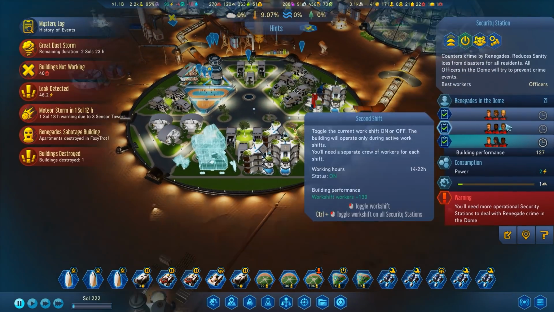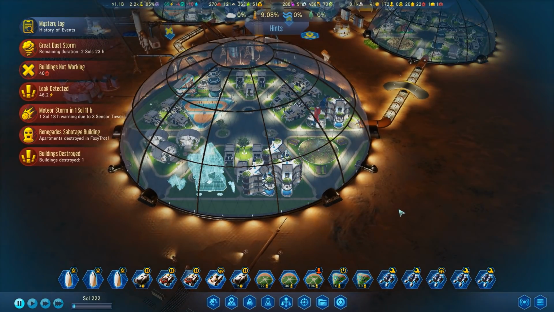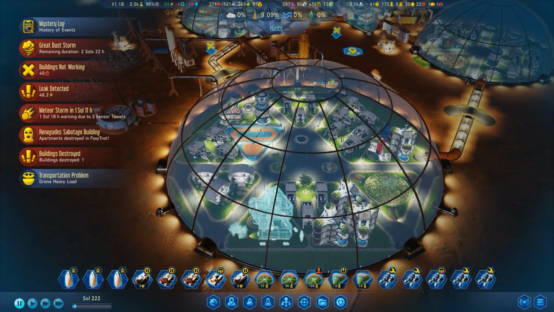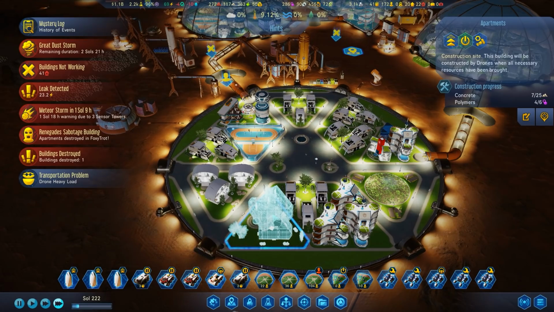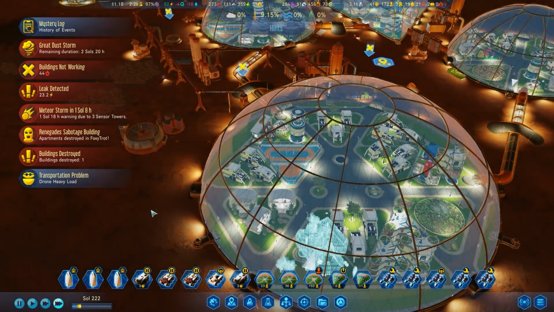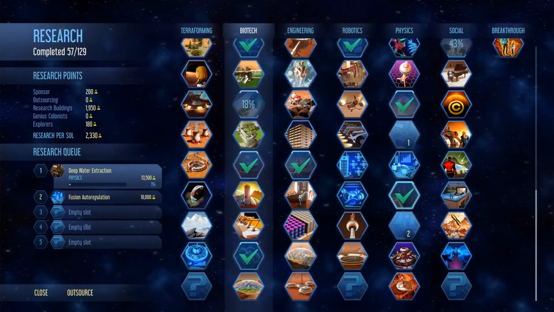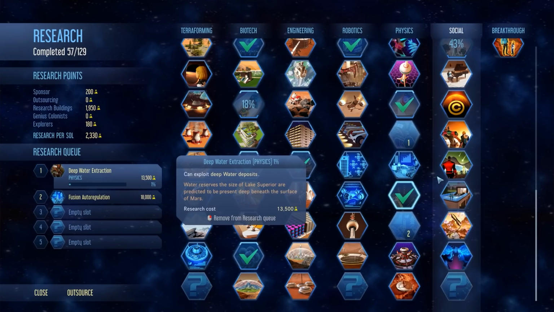We got 21 renegades in here. I'm trying to work around the clock to contain them, but I don't know how effective we've been up to this point. It sure seems like they destroyed stuff. They destroyed a diner, an infirmary, and now an apartment building so far. We can get this fixed. We'll be okay. It's just, geez, dude, what is wrong with you people? Stop it. Okay, deep metal extraction tech is done, which means we now will have access to the deep metals